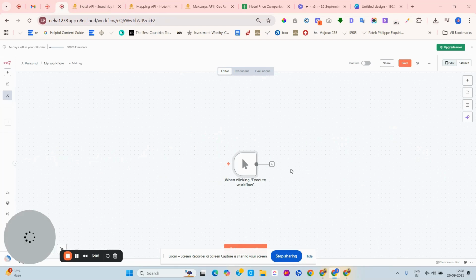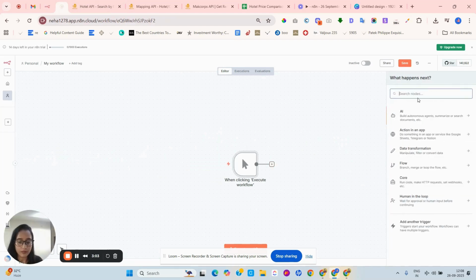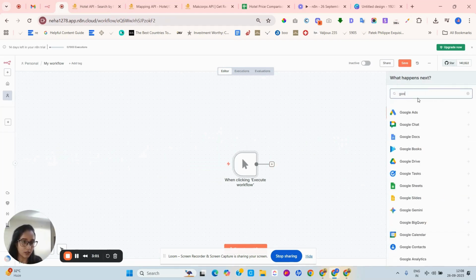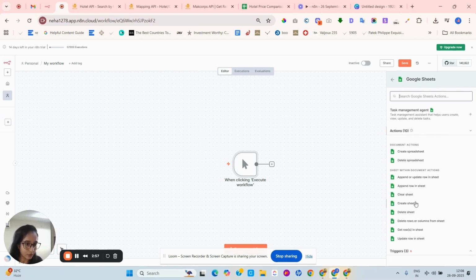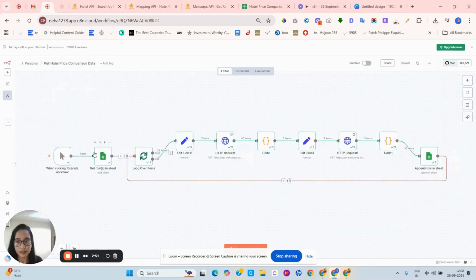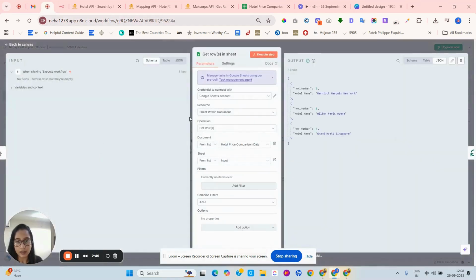First of all you need to search Google Sheets, and in that you need to select this option. As you select this, it will open like this. Now we have already created a spreadsheet, and now we are going to fill the details here. First of all you need to connect your email ID